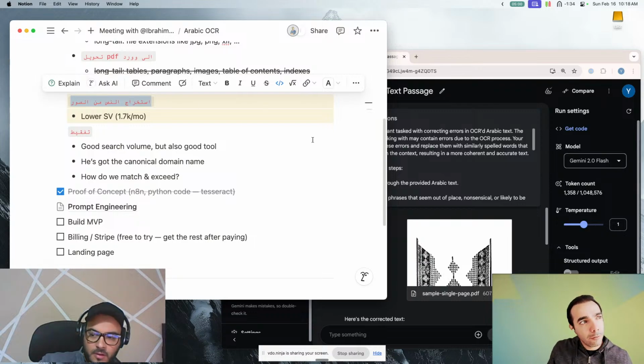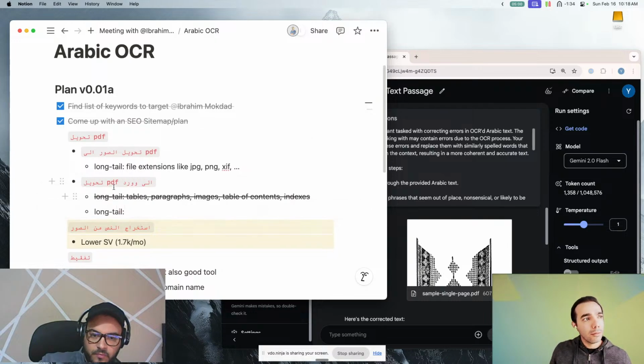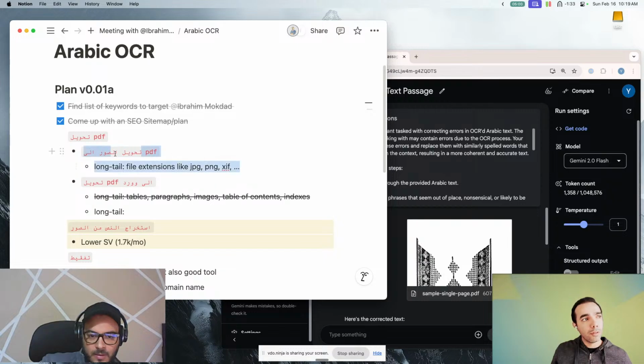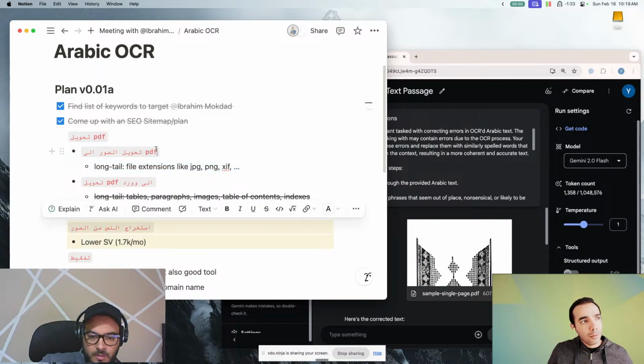Well, a PDF would be a separate query, right? Our core focus is just pictures now. I feel like we could probably hit this with the same one. If someone doesn't know about OCR, they're probably not going to be searching for this. But we can hit this by just saying